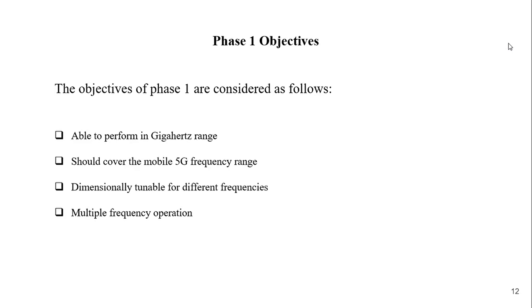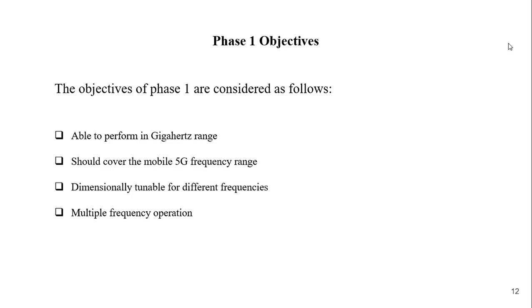So let's start the phase 1 circuit. Let's come to the design objectives of phase 1. In phase 1 the comparator should be able to perform in the gigahertz range covering up until 6.5 gigahertz, and that is the 5G frequency range for the